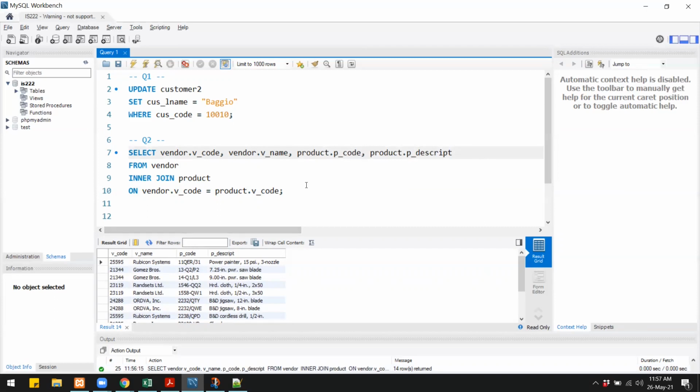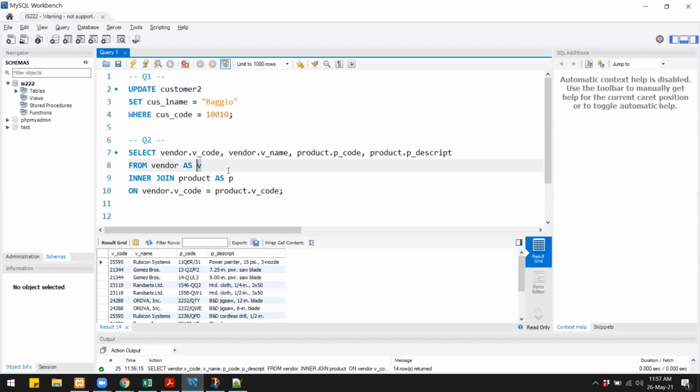But the other thing you will notice is the names are getting very long. We have vendor and product name prepended in all the columns. So we can simplify that using alias. We will select all of these from vendor and we will give the vendor table an alias name. We can say V, and for product we can say P. This is just a nickname of each table.